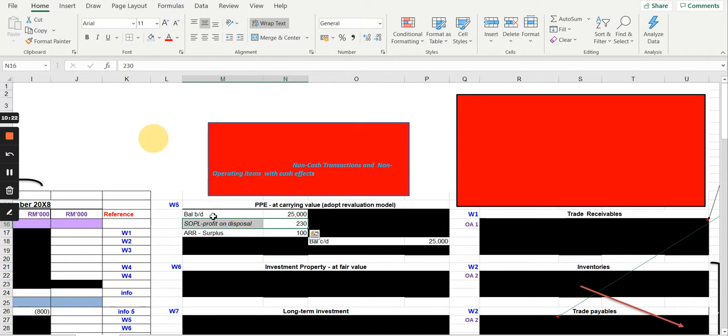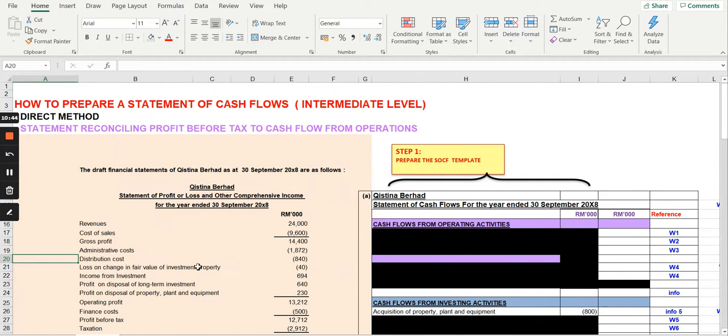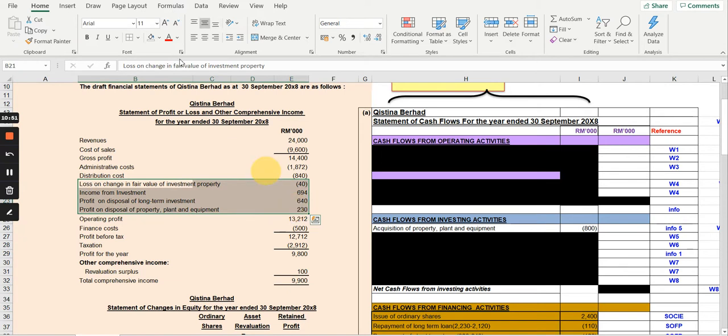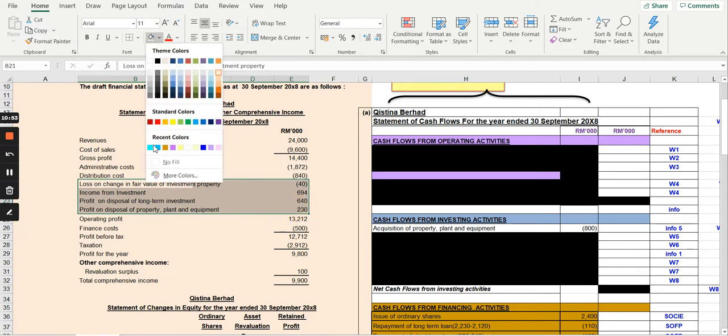Sorry, not this one. That one is the profit. Never mind, we'll put that together. The acquisition. That was 800,000. So I remember this one was the cash outflow because we credit cash. Apart from that, you were informed that there was a disposal. So when there is a disposal, there will be a likelihood that you'll get a profit or a loss. So in our case, if you check your information here, you will see that these items that I'm highlighting, these are all items which are